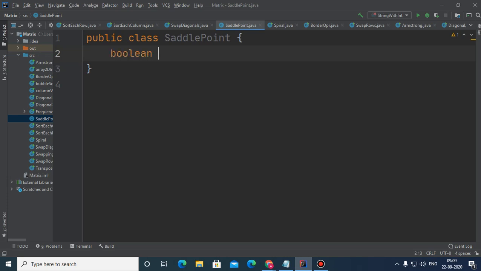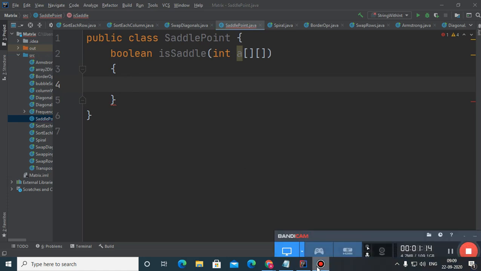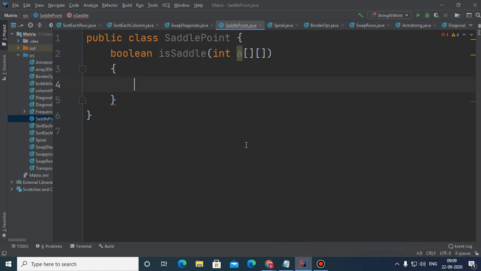Children, here we need to make a function isSaddle, and this is receiving a matrix. So by definition, what is a saddle point? Anyone please explain in technical terms. Please tell.